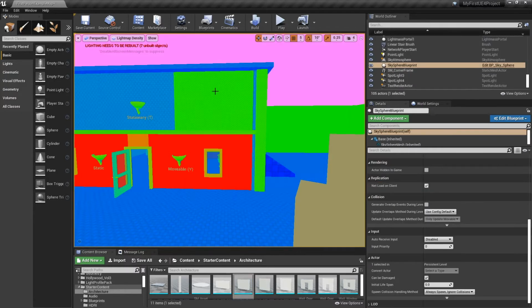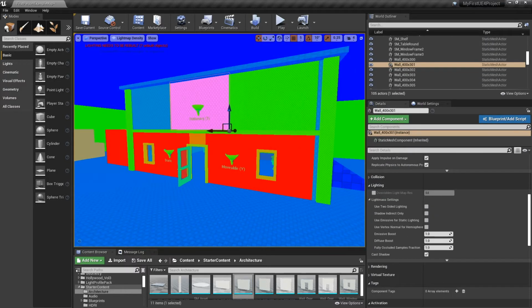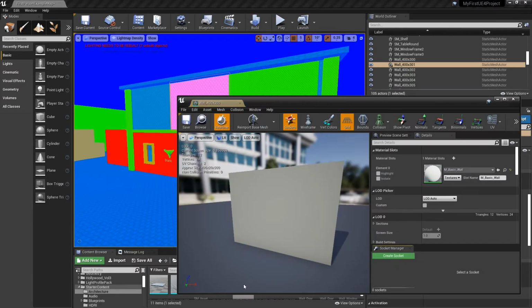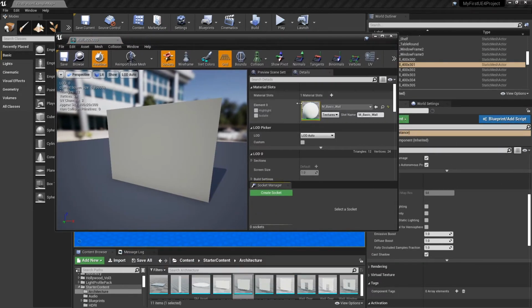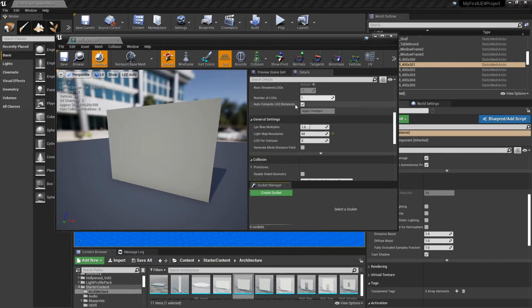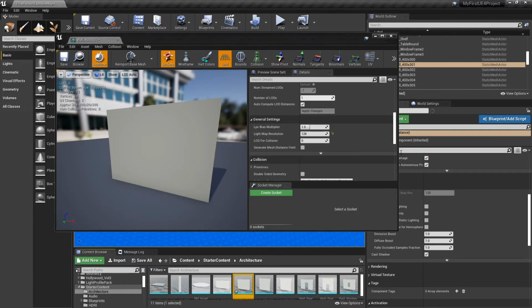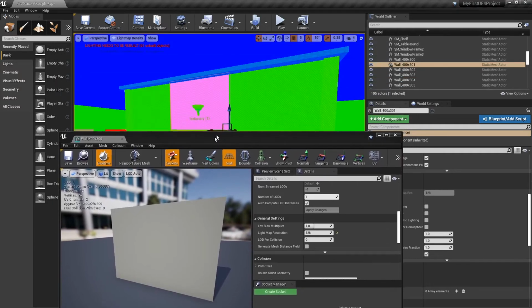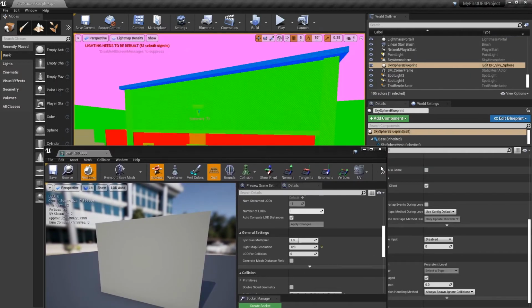But seeing as this is used multiple times, we might as well just set it once. So let's just double click here. We'll go back to where we were under General Settings, Light Map Resolution. We'll dial in 128. We'll hit save. And now let's take a look. Hey, that's looking a lot better.